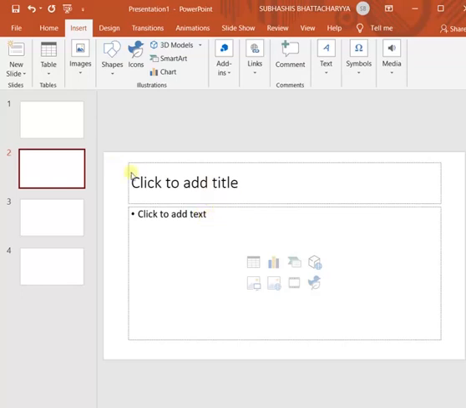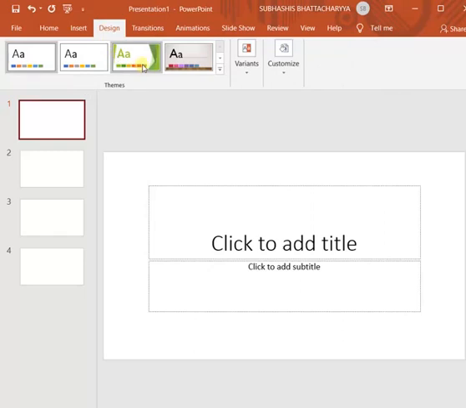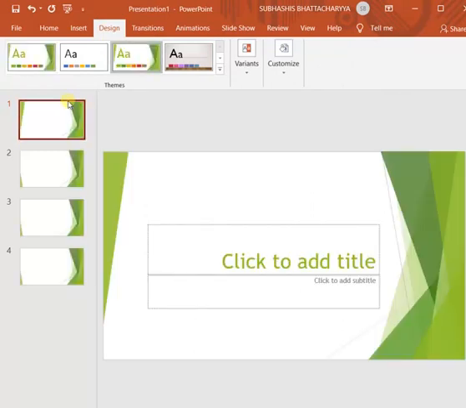Now you can see that if we insert a new slide, the background of the new slide follows the background of the previous slides. So all these slides I have created by inserting new slides, and they all follow the blank presentation background style. Now suppose I apply any theme, then all the slides will become like this theme.